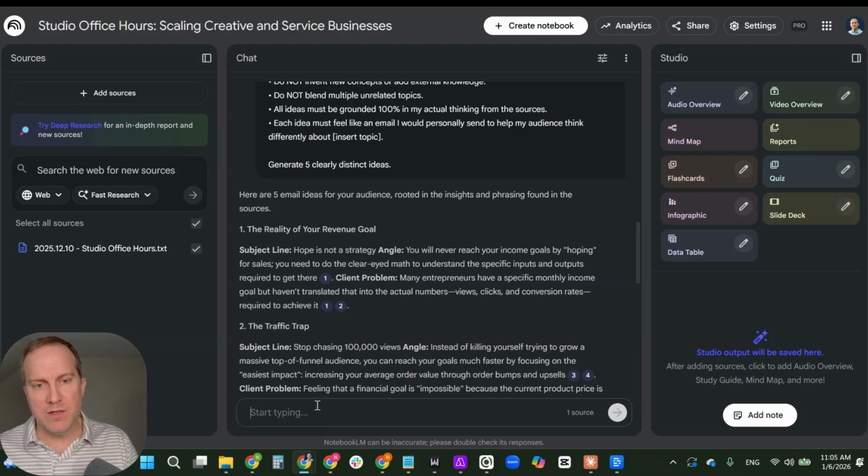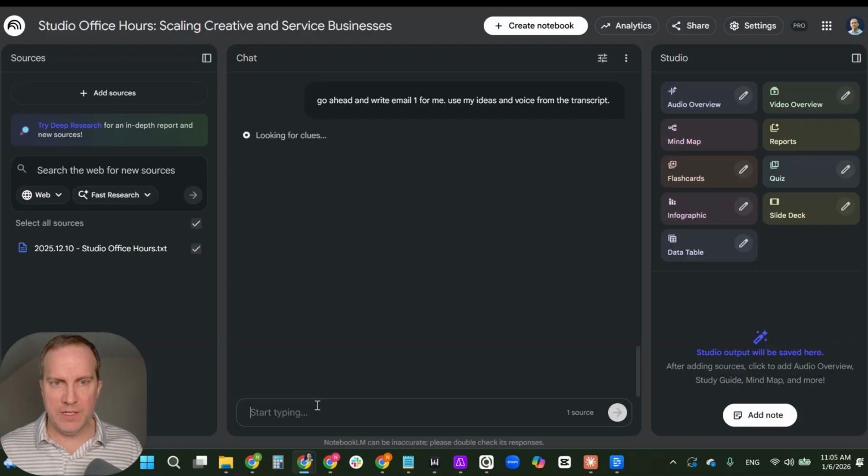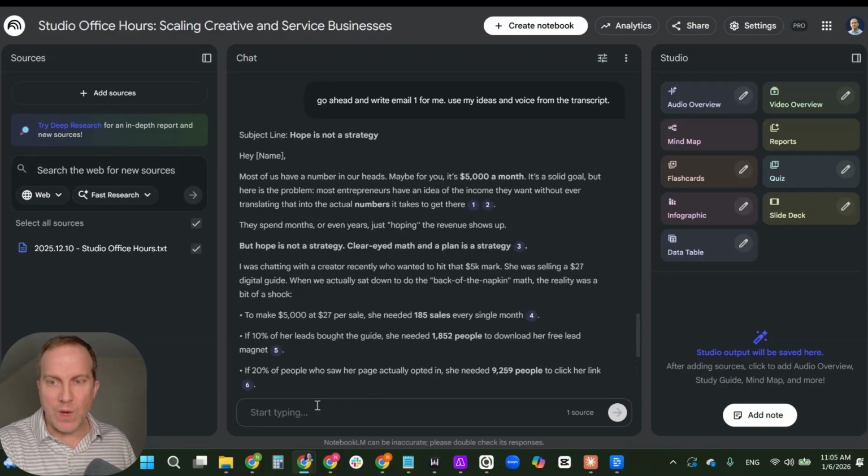Or I could ask Gemini here to write it for me. So I could just say, go ahead and write email 1 for me, use my ideas and voice from the transcript. And so it'll give me a draft of an email. And I hardly ever recommend just taking a draft and pasting it in and sending it off. You've got to read it, make sure that it's relevant, that it has your voice, your words, that it didn't make anything up. But generally, because Google NotebookLM is designed to only look at the sources here,